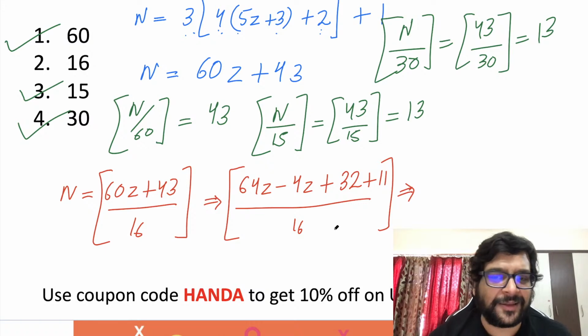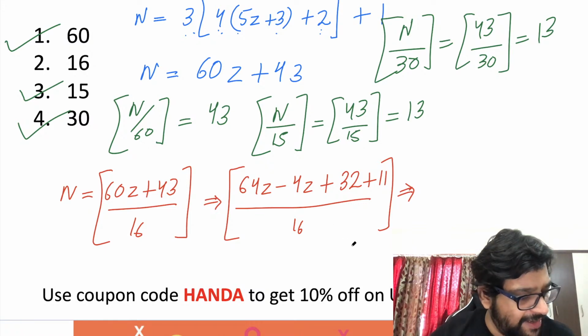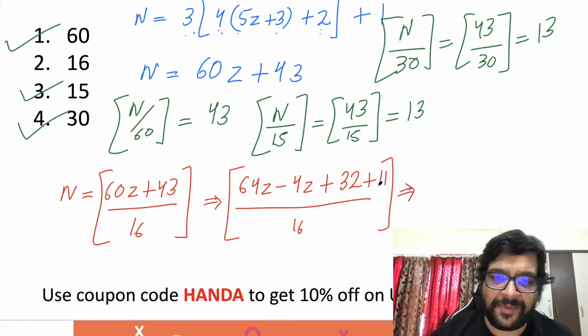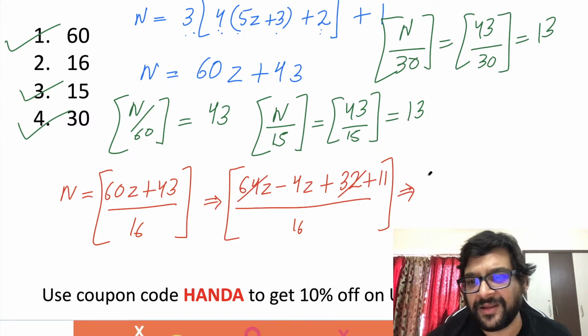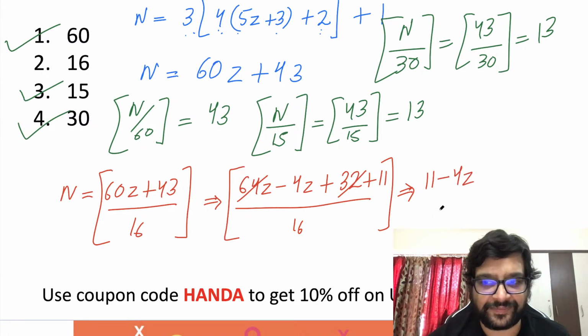Why am I rewriting it this way? The reason is because 64z becomes divisible and 32 becomes divisible. So I have 11 minus 4z,